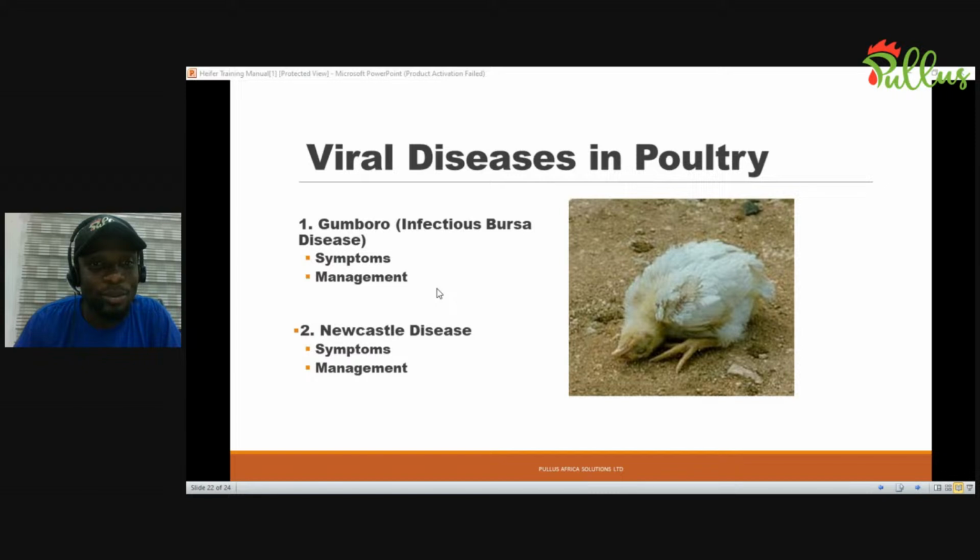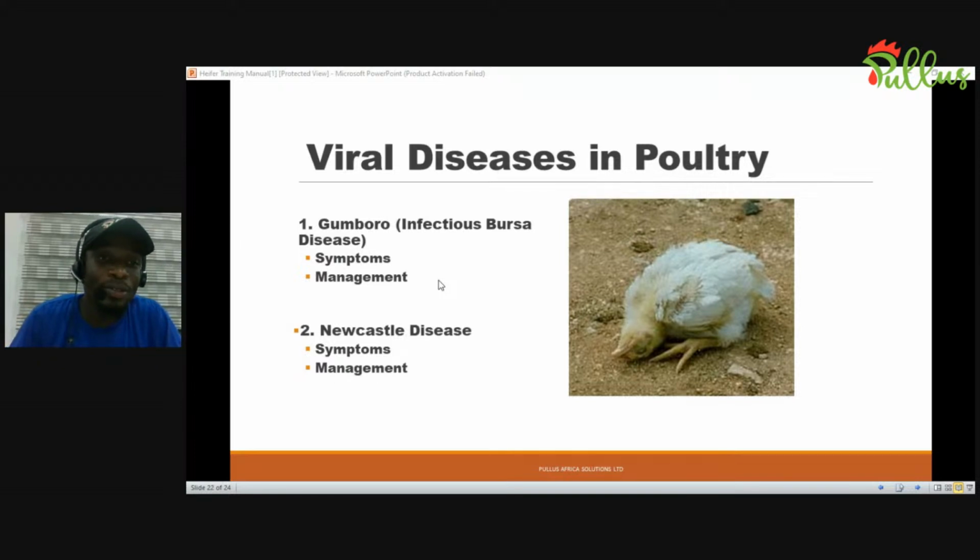So those are the symptoms. Like I said, the general symptoms: depression, reduction in feeding, reduction in water intake. Then the clear symptoms, like I said: torticollis, which is the turning of the neck, and the greenish feces. Sometimes it also comes with respiratory problems, sneezing, coughing. Sometimes it also comes with paralysis. So at a point in time, you might see Newcastle happening with greenish feces and torticollis. Sometimes it might be paralysis with the greenish feces, depending on the strain.